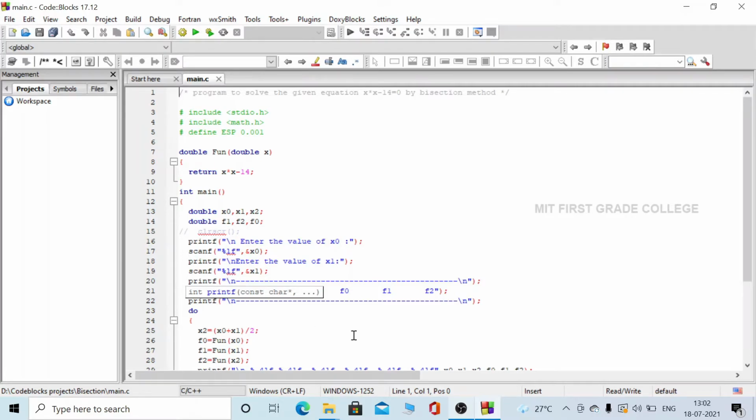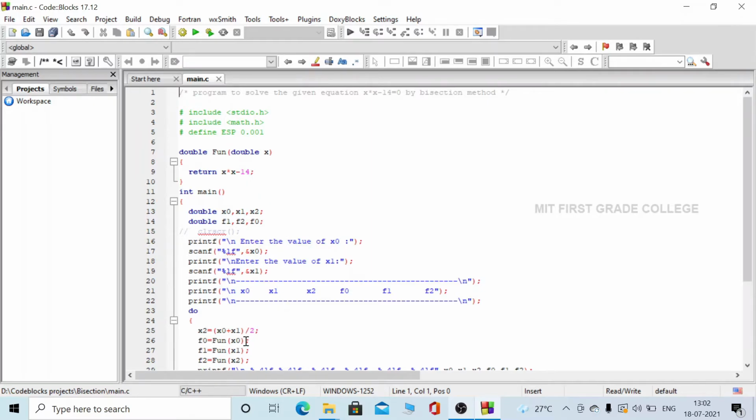As the bisection method is an iterative method, it contains a set of iterations and those are printed in a table form. After finding the x2 value, we are calling a function.